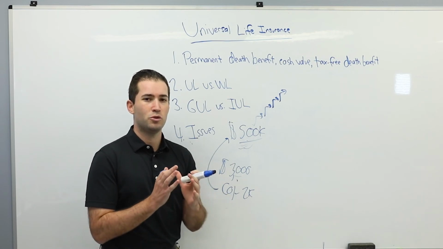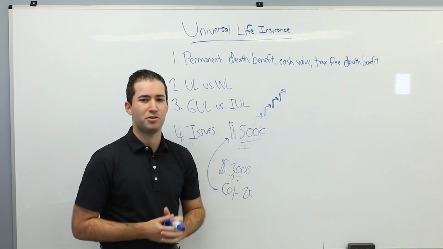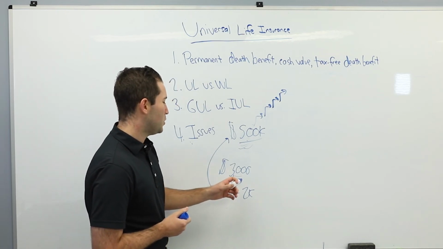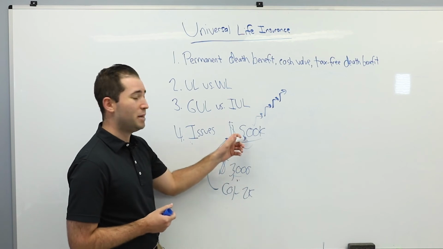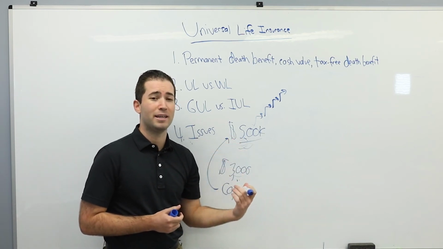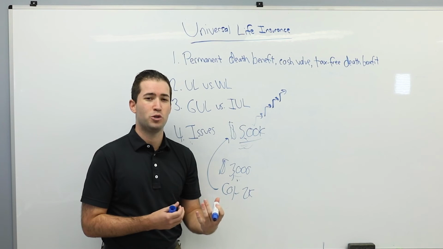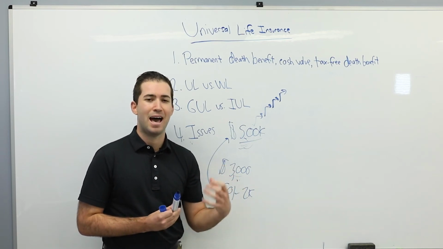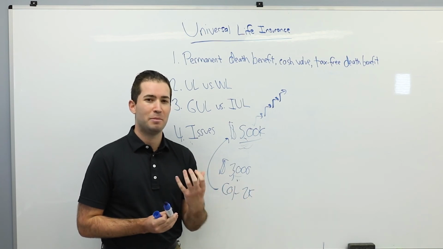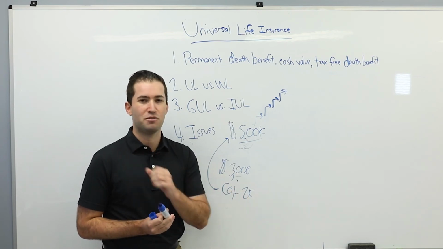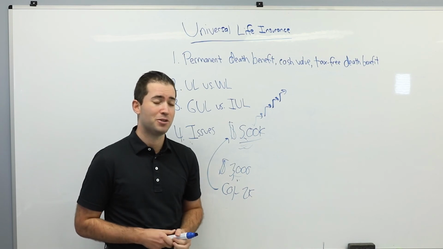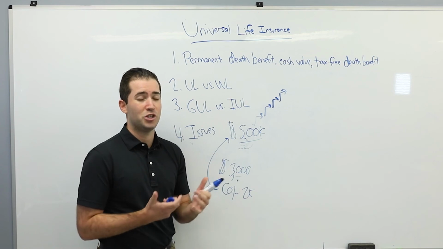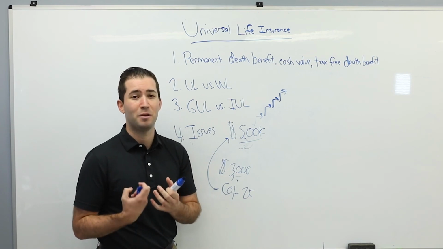There's no strict premium schedule that you have to follow in a universal life insurance contract. So you could get to a point where you have to make a large payment just to keep the death benefit that you have originally wanted in force, or if you chose to surrender the policy and try to take out any cash that is in the policy, that is done at an ordinary income rate, which is typically and generally less favorable than a long-term capital gains rate. So you could be forced with, again, a large premium payment just to keep the policy in force, or a large taxable event if you wanted to surrender the policy itself.